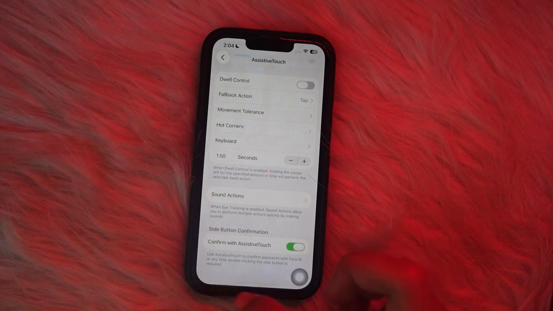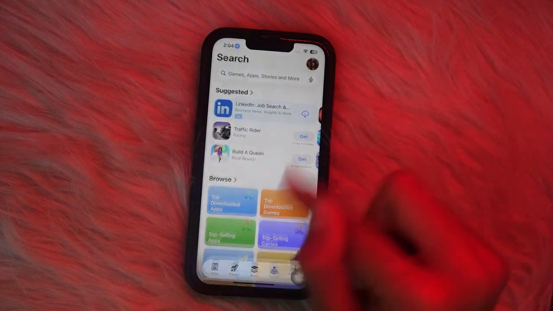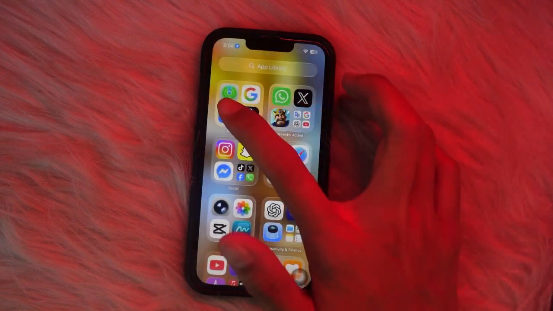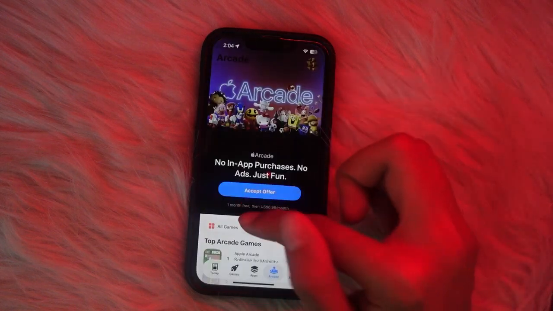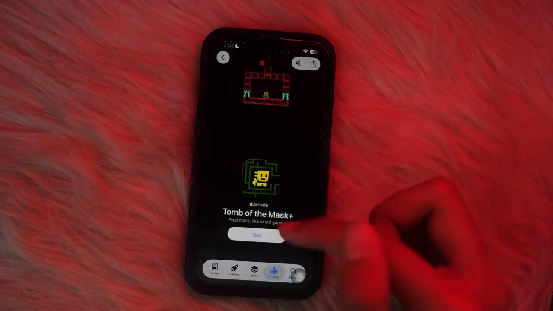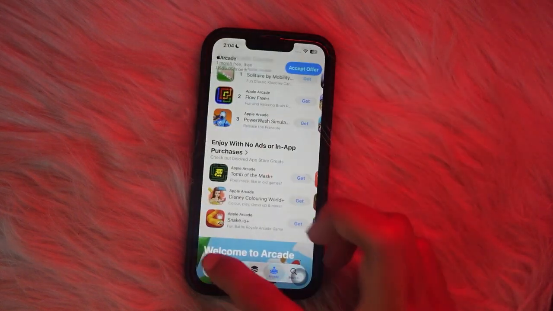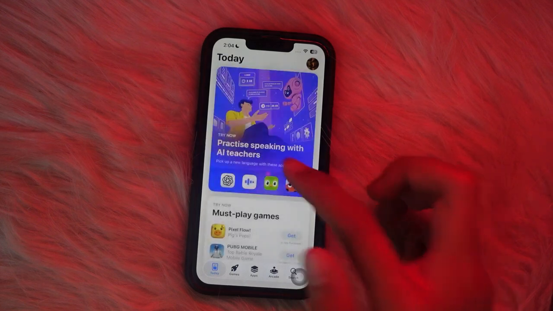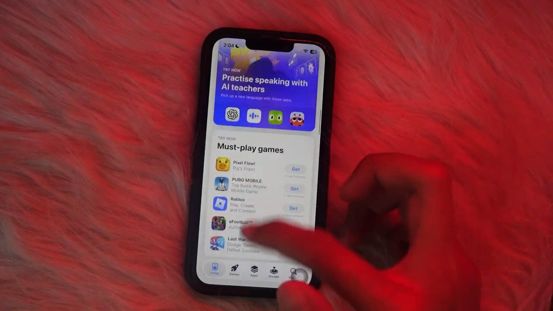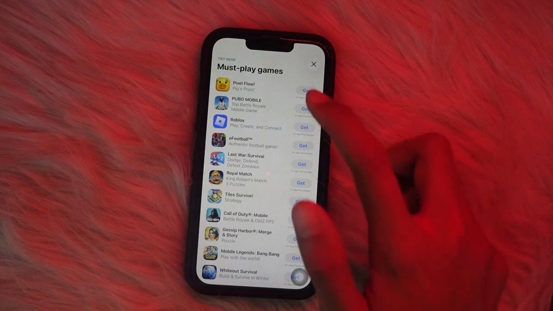And after that you need to go to your Apple Store, and there you need to select an app and then tap on this get. And now what you need to do is go on any app you want to download and then tap on get